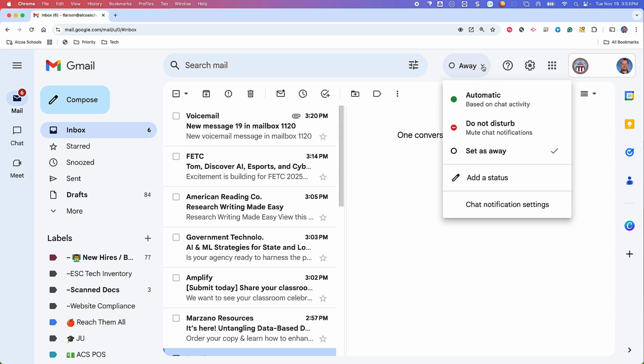Let's go ahead and follow along here. Just by clicking the drop down, you can see we have automatic, which is based on our chat activity. So if we're actively engaged in chatting back and forth with a colleague, Gmail will detect that and it will show us as green. This person is active. All right. Do not disturb. That's if we've set it that way. Perhaps if we're giving a presentation or we're in a meeting, or away if you're not anywhere close to being